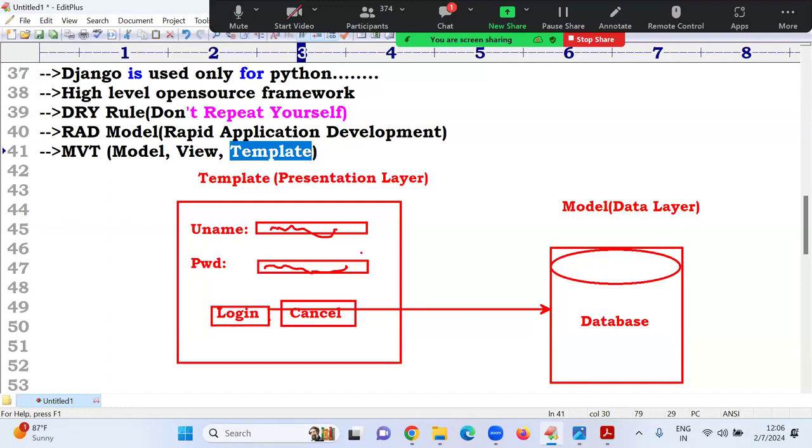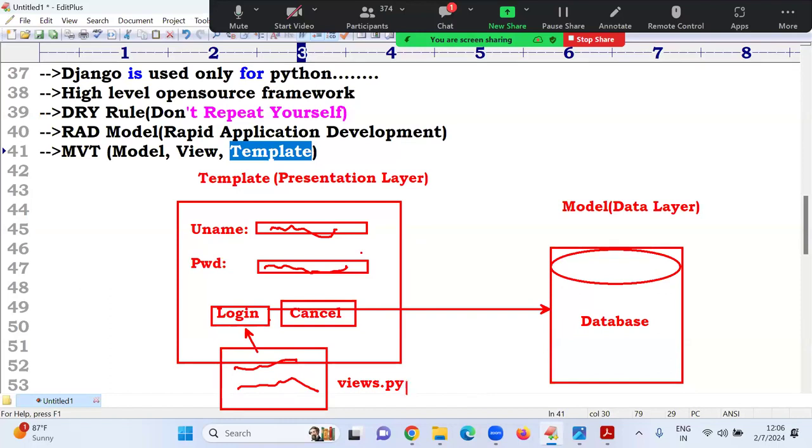If both are the same, thanks for confirmation; otherwise, keep on asking. Same, if username is Mahesh and password is Sunny, then only login; otherwise, an error message. That Python code we have to write is in the views.py file. I write the complete Python code there. That Python code is nothing but the view.